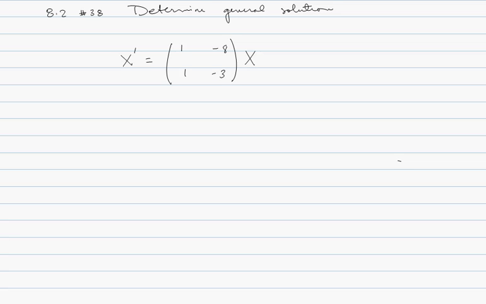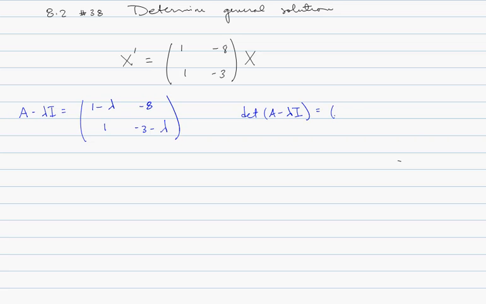Exercise number 38 in section 8.2, and we want to determine the general solution to this linear system. So we'll begin again with finding the eigenvalues, and for that we'll need the matrix A minus lambda I, and that is 1 minus lambda, minus 8, 1, minus 3 minus lambda. Now the determinant of A minus lambda I